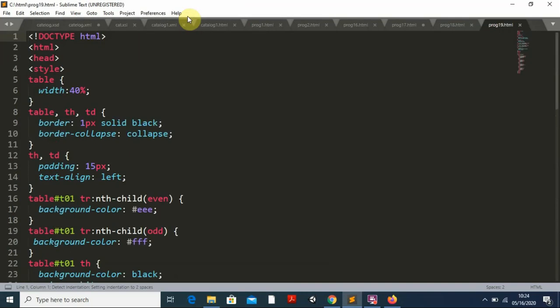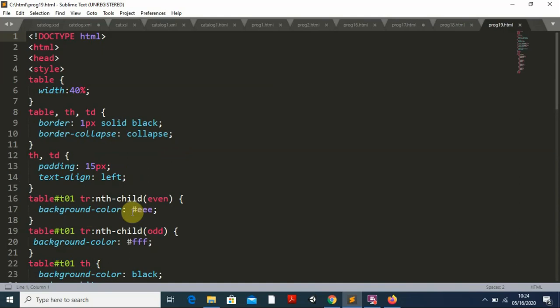Now you can see the same thing up to this point. The table width I have taken as 40%, and the class I am creating for table, th and td, border 1 pixel, and border-collapse I am writing. Then th and td padding I am giving 15 pixels. Text alignment I am putting as left alignment, and the table ID also I created, t01.